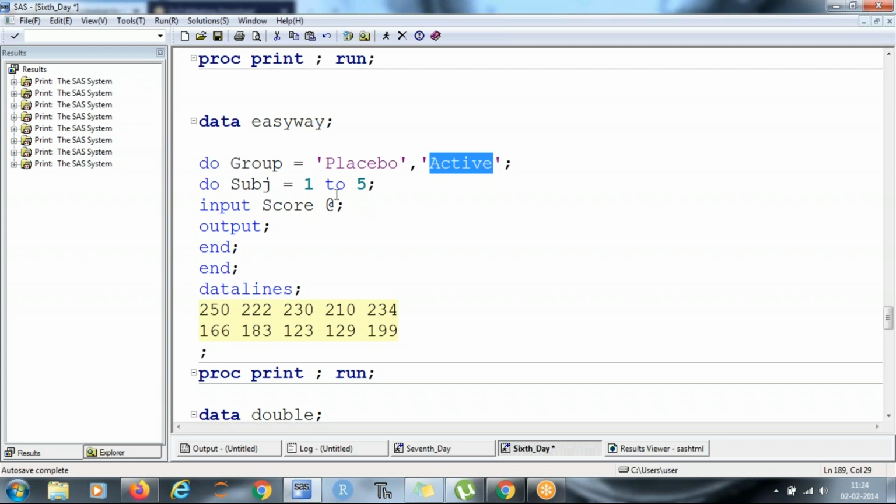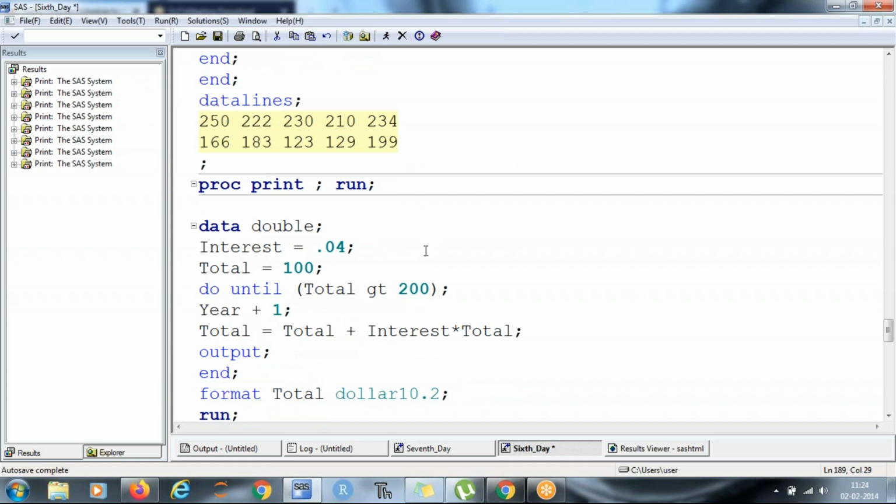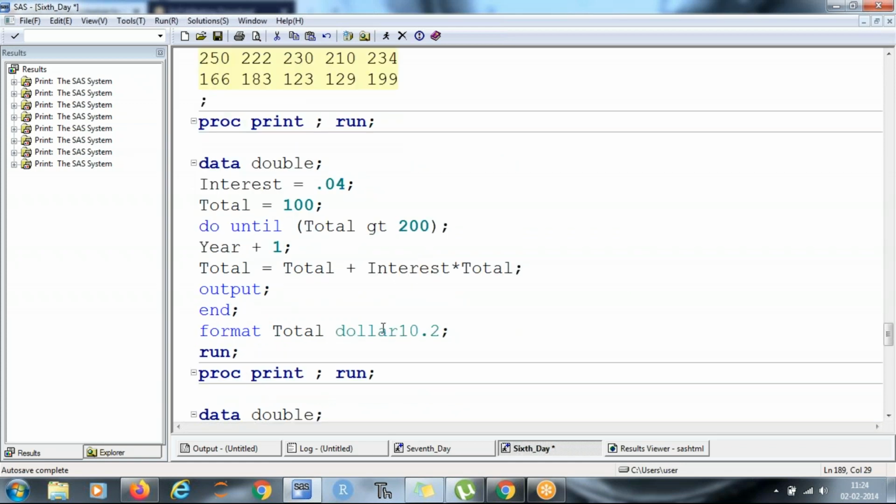So in how many years with a 4% interest rate would my money become double? And the interest rate is a compound interest rate. So again, the interest rate in total I have defined.